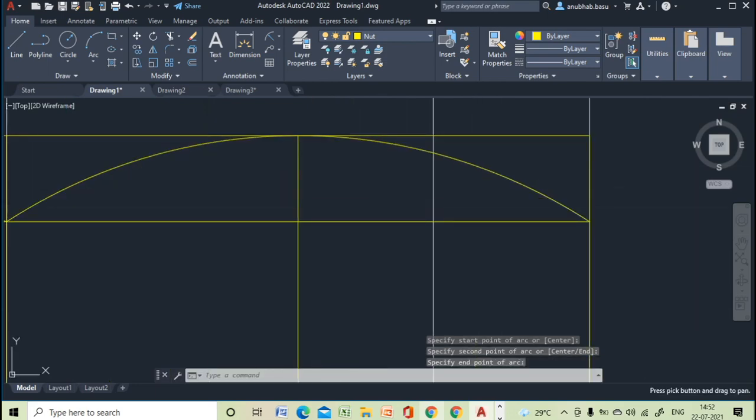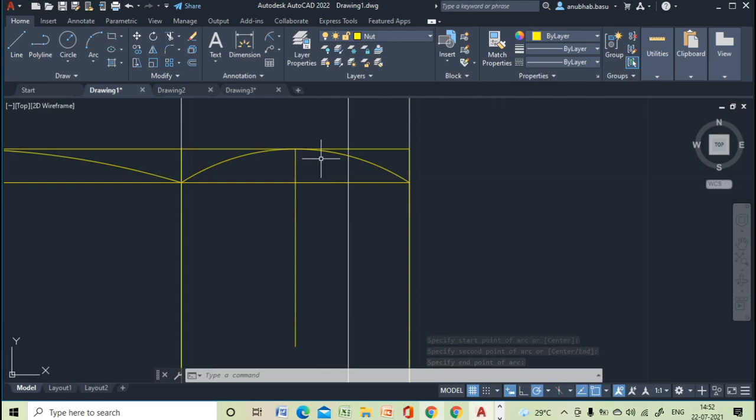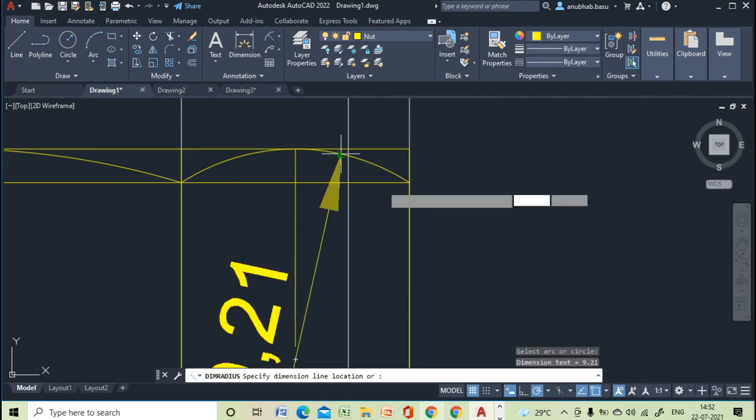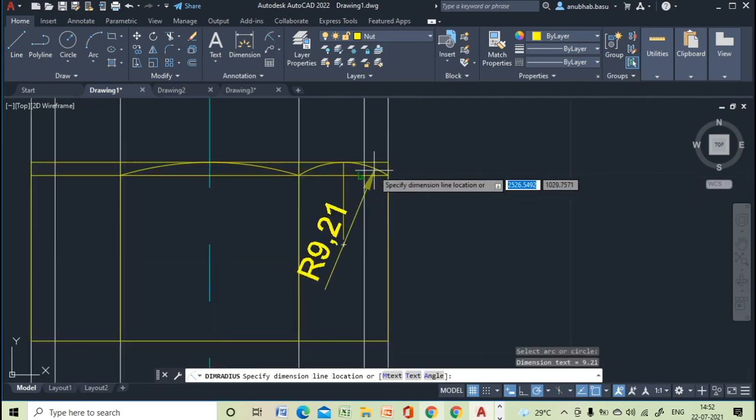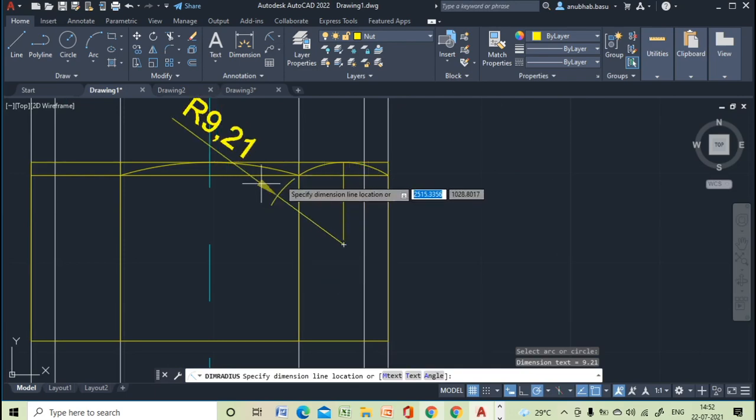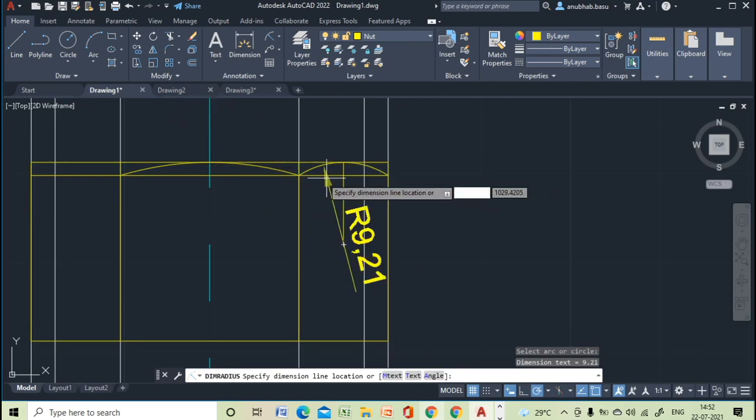But is that arc having the same radius, 8.66? Let me check. Now the radius has changed. Okay, the radius is not showing as 8.66, but according to the formula, the radius should be 8.66, right? That is the problem I am facing right now.